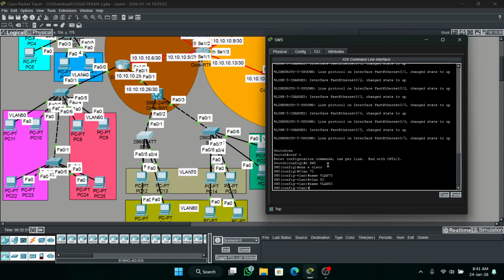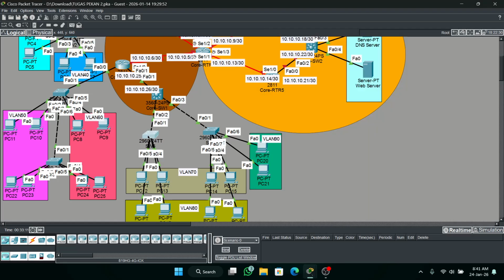what next? Switchport mode access. Interface range 2 until 5.